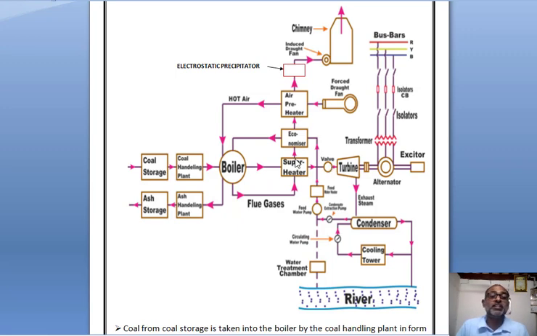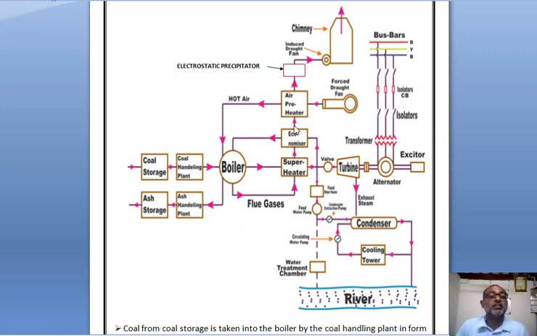Now then these flue gases are passing through this economizer, because whatever water is required for the boiler passes through this economizer. So here whatever feed water is required for this boiler is passing through this economizer, and this water extracts heat from the flue gases. That means these flue gases increase the temperature of this feed water, which is required for the boiler.